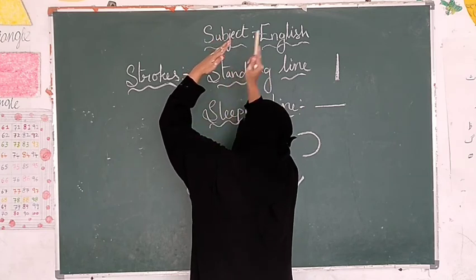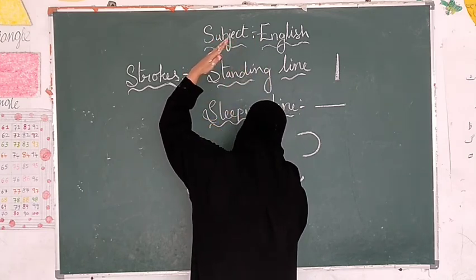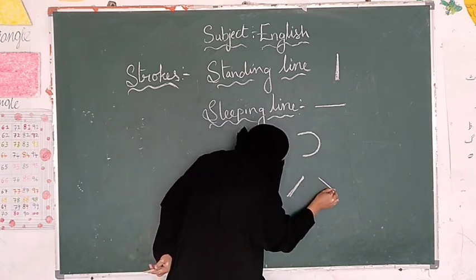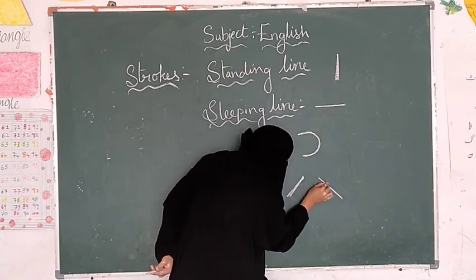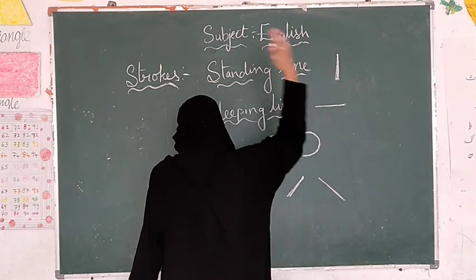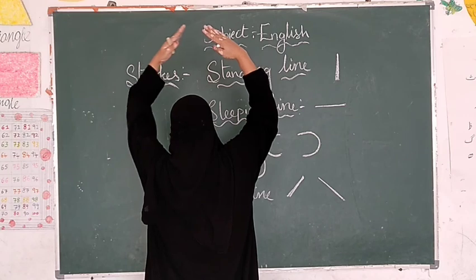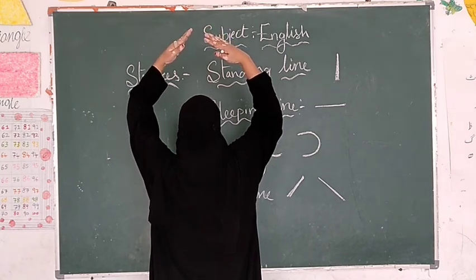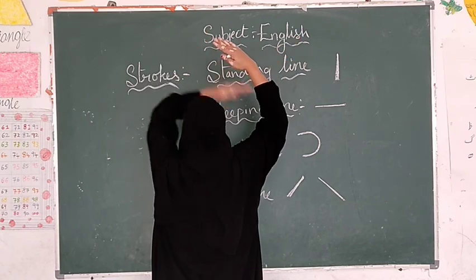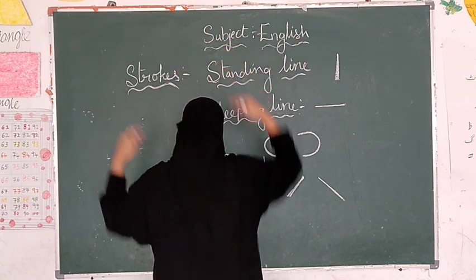This is a rightward slanting line. Again the same, leftwards. It is a leftward slanting line. Again, you can take the same example of your hand, making it like this. These are the two slanting lines. See, this is towards the right direction and this is towards the left direction.